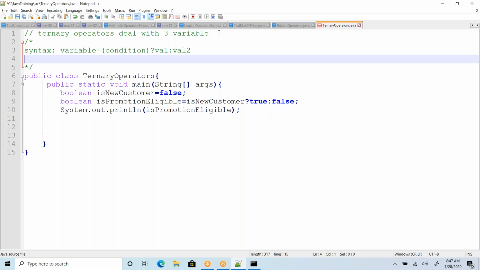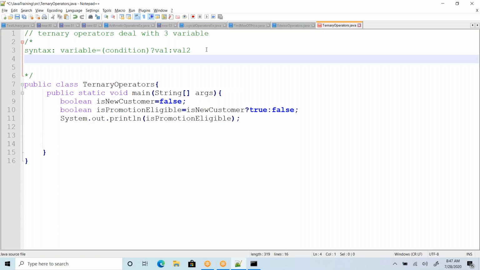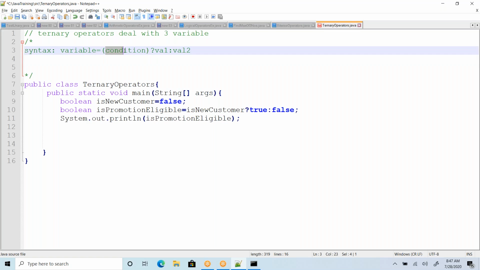This is a simple syntax. So here is the variable you wanted to initialize, and this is a condition. Depending on that condition, it initializes either value 1 or value 2 to this variable.